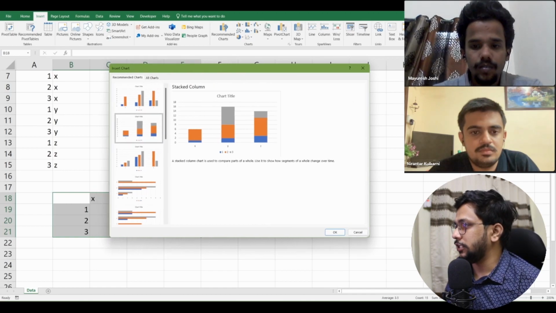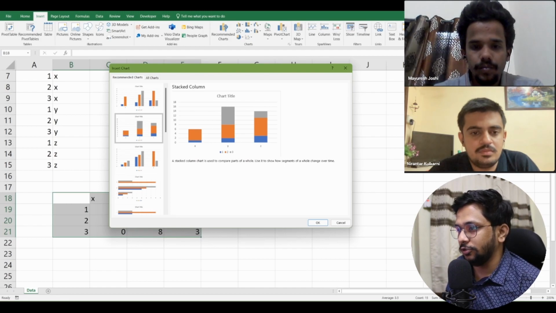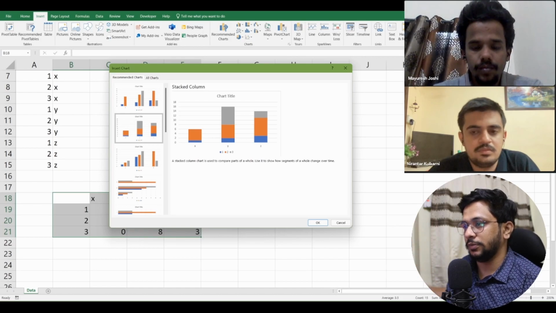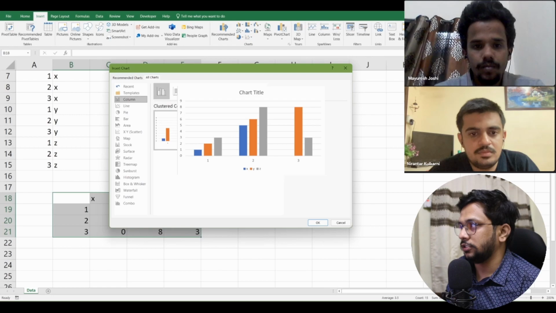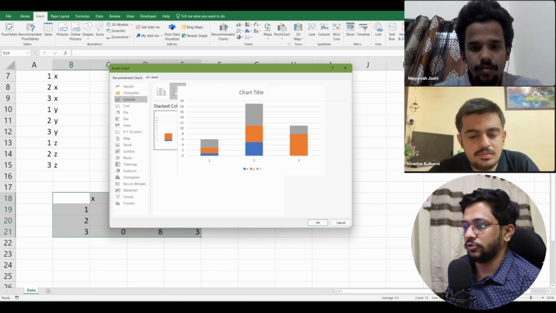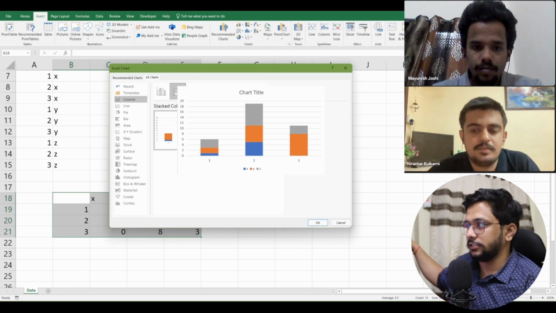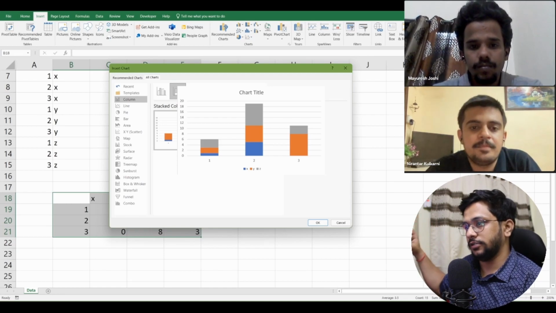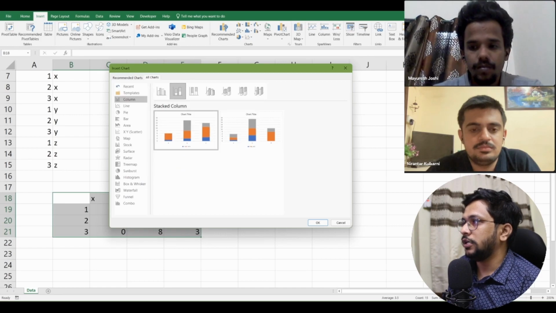So this is basically a recommendation which says that the category is X, Y, Z, but this is something that we do not desire, right? We want to see it on a month basis. So we'll go to all charts and click on this clustered column. This is a side by side column, and here it is the clustered column. So 1, 2, 3 and so on, every month will get populated on your X axis and the categories will be stacked. So this is one way that you use a clustered bar chart, but there is a side by side chart also.